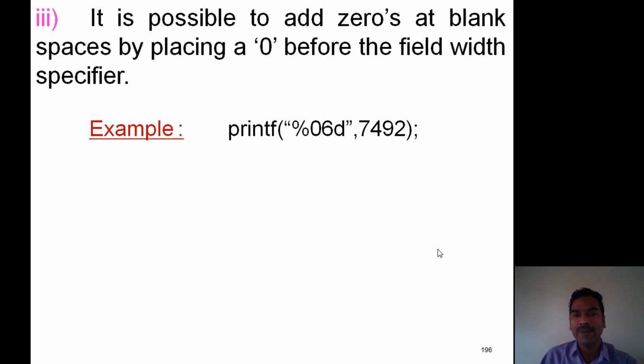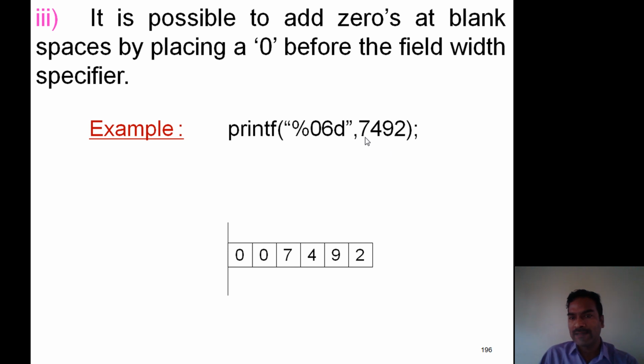Now observe this example: %06d, and the value is 7492. The output becomes 6 columns, but this value consists of only 4 columns. Hence the preceding 2 columns are filled with zeros: 0, 0, 7, 4, 9, 2.